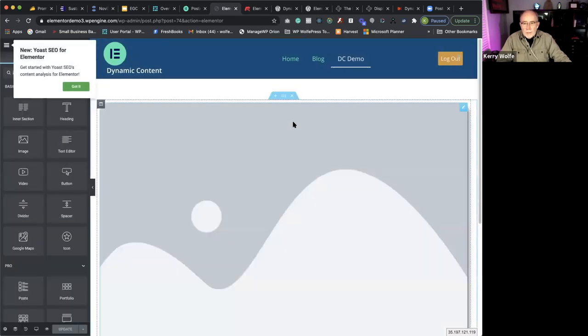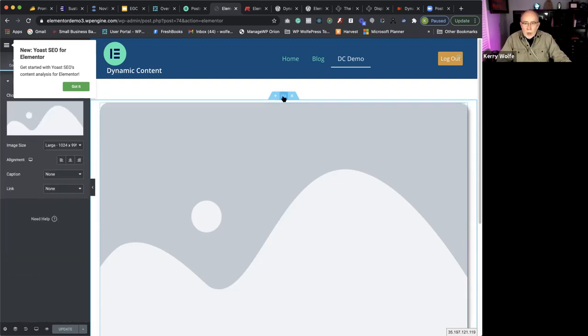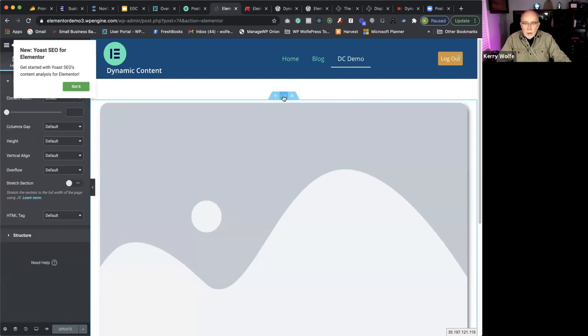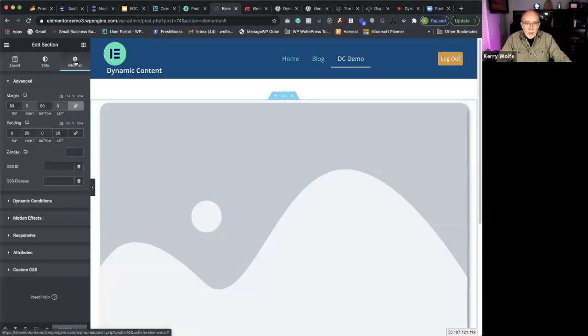okay. So I can make dynamic conditions using this plugin on widgets. This is an image widget, or I can do it on sections. More often than not, but not always, I'll do it on sections. So I've got this section that has the widget in it, and we're going to go to advanced, and then